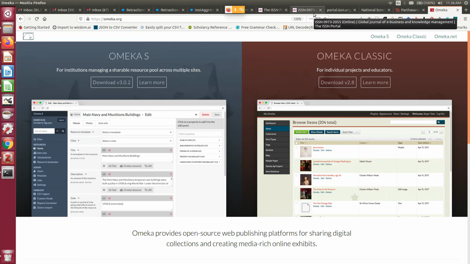Come to your Omeka folder, and place your Omeka folder under your web server document root, that is under Apache HTML. Then you will find there is a setting file, and the setting file name may be different in different cases. In case of Tematrace, we found it is db-tematrace.php.